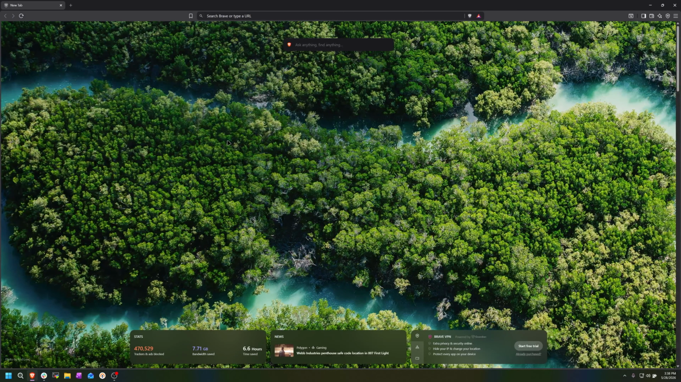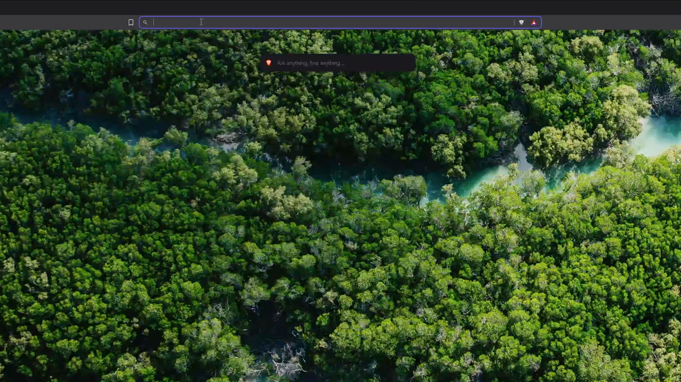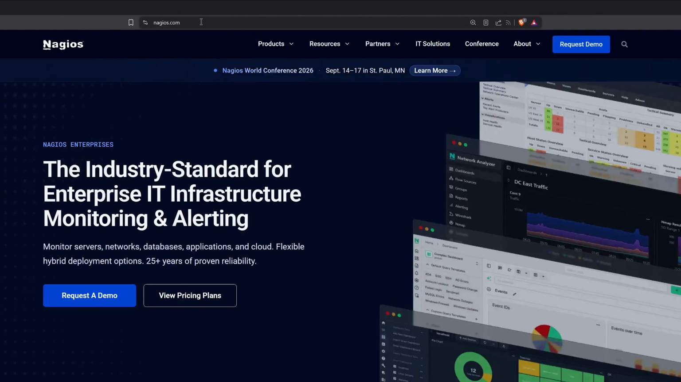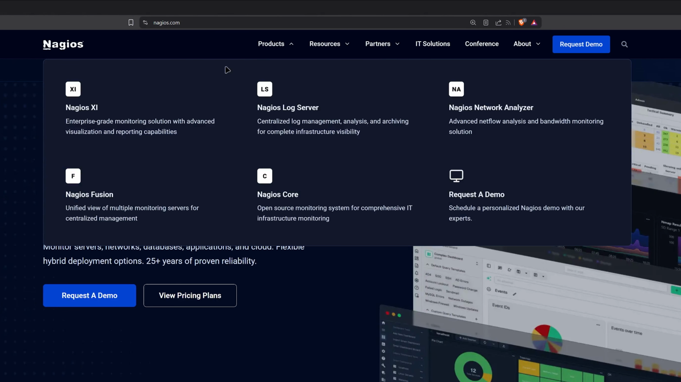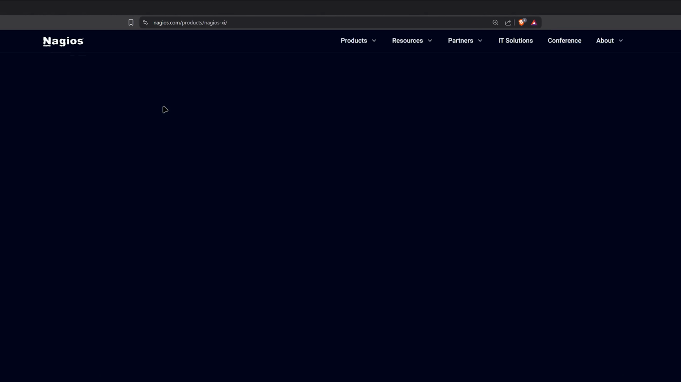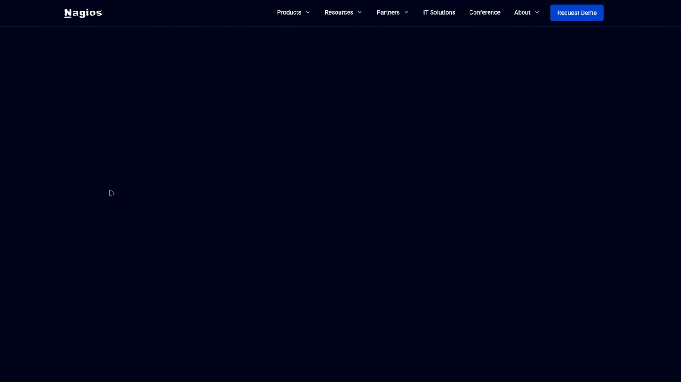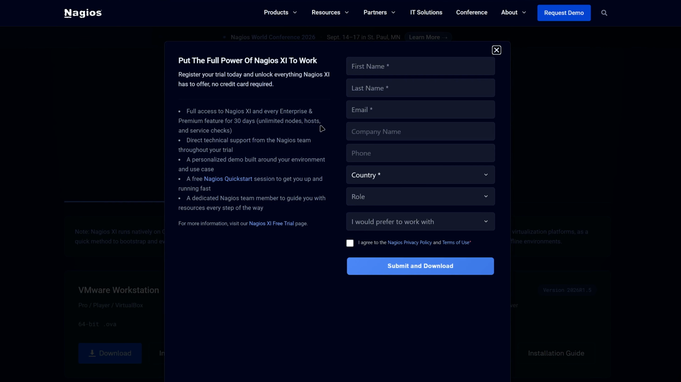The first thing you want to do is go to your browser of choice and then type in nagios.com. From here, you could go to the products page and then go to Nagios XI. In here, there's a quick tour that you could click on here or get started for free. This form will ask you for your name, email, and some other information. After filling this out, your trial key will be sent to your email. And once you have that submitted,